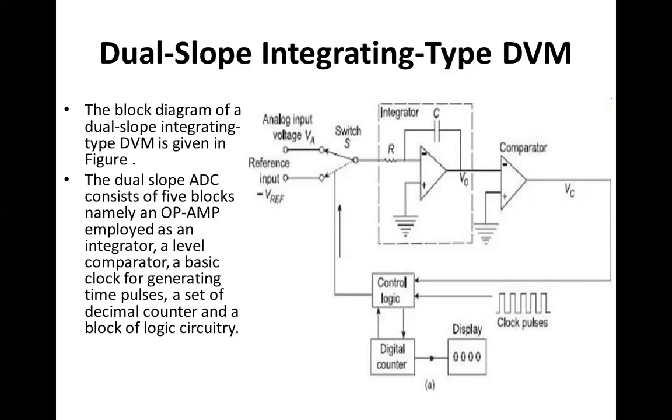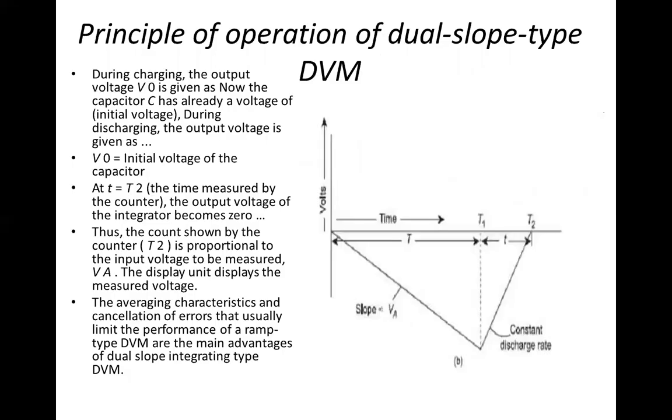At the end of the fixed count interval, the count is set at 0 and the switch S is shifted to the reference voltage V reference of opposite polarity. The integrator output or input to the capacitor then starts increasing at a fixed rate. This can be shown from this figure. The counter advances during this time. The integrator output voltage increases at a fixed rate until it rises above the comparator reference voltage, at which the control logic receives a signal to stop the count.